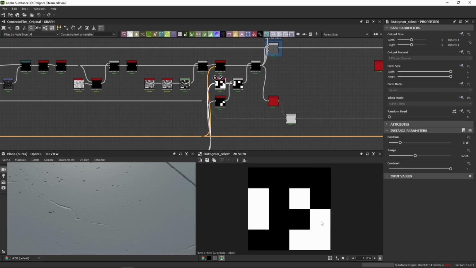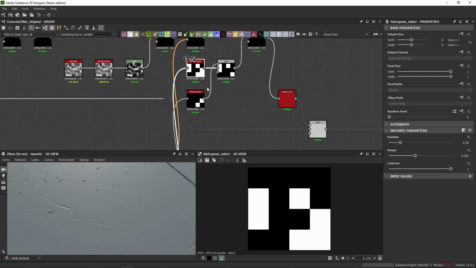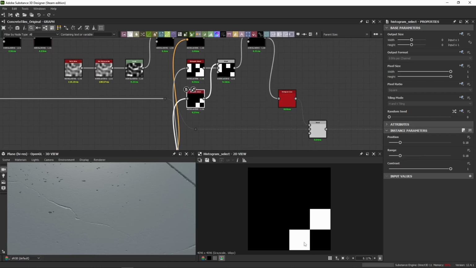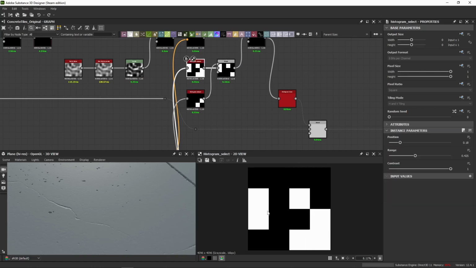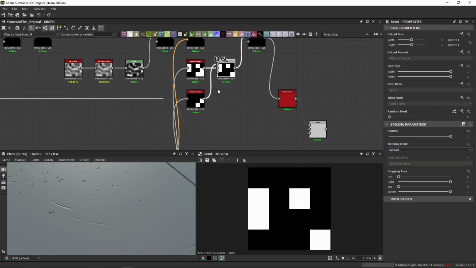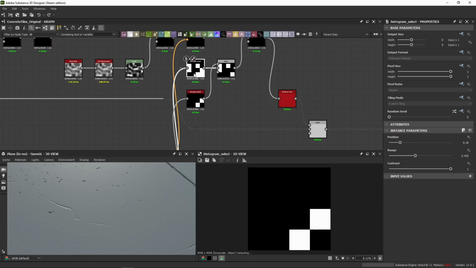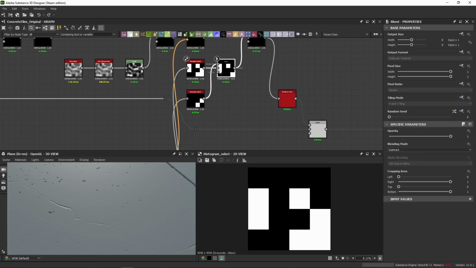And originally it was this one, but I thought that there was too many tiles here together. So it would be cracked, cracked, cracked. That's too many together. So I decided to break it up. So I used another histogram select. I just played around with these until I found something where, oh, those two I can subtract from this. And that's what this is right here. So I subtract these two from these. So then these two disappear and I'm left with this corner guy here. So then the cracked tiles are more spread out rather than all of them being together,